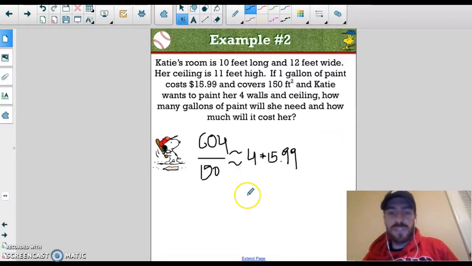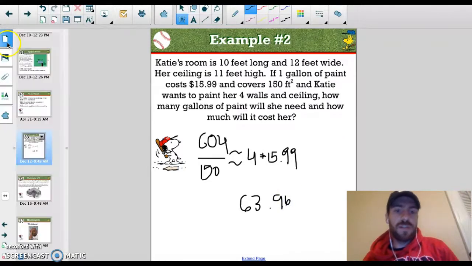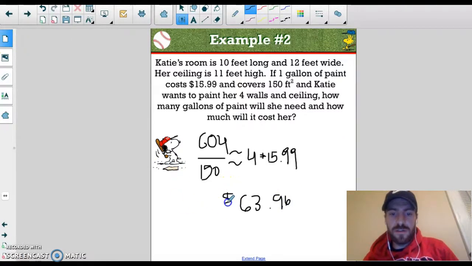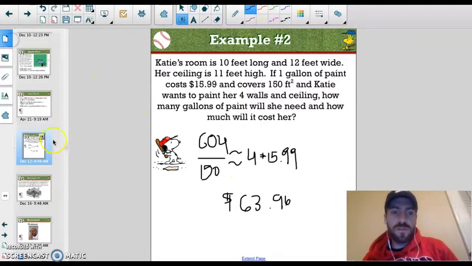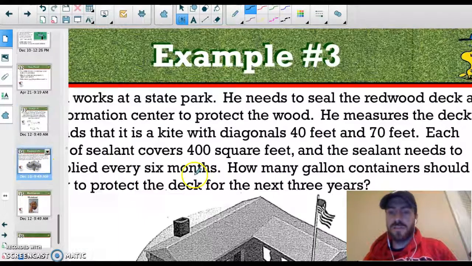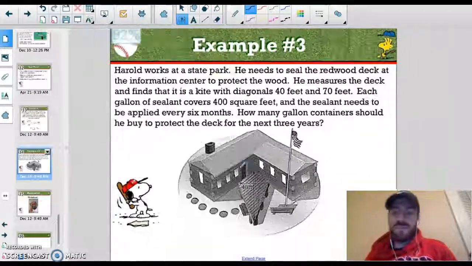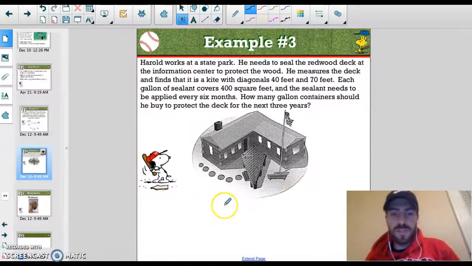So that gives you 63.96. That's your final answer. That's in dollars. That's how much it would cost her. About $64. This one, you just found the area of the deck, which is using the diagonal 1 times